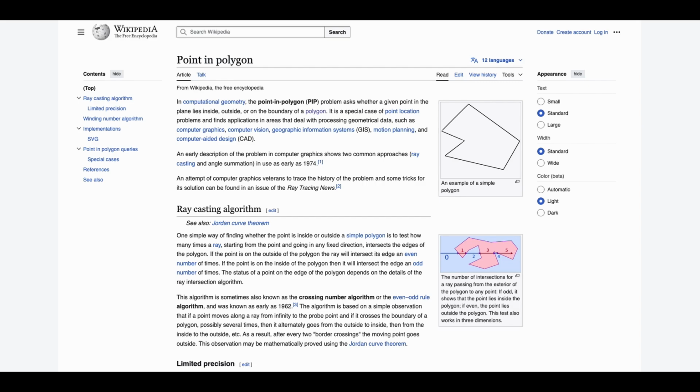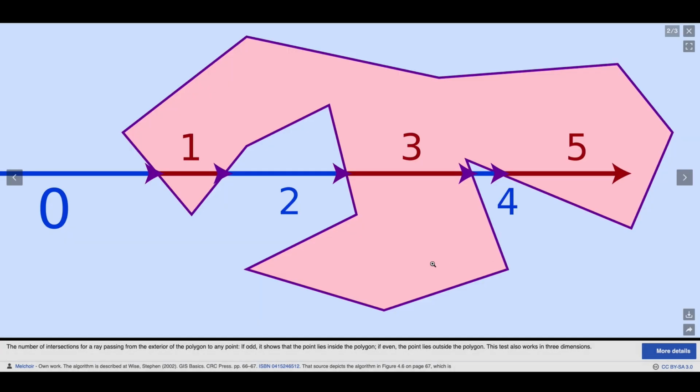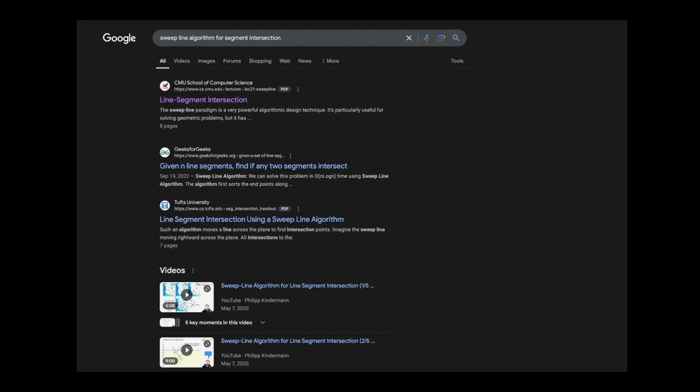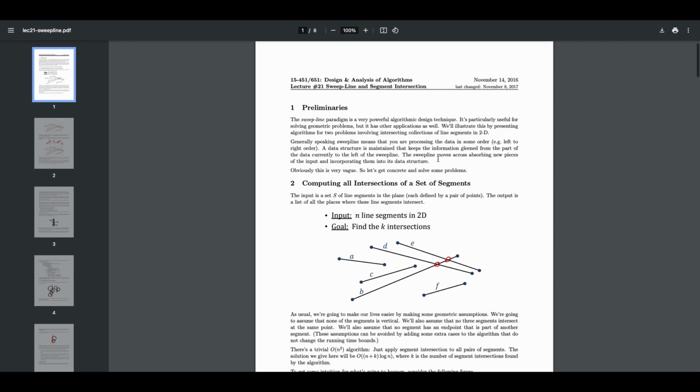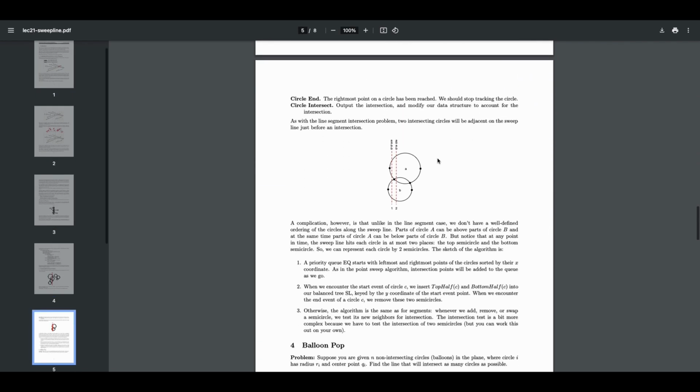If you're wondering how we can programmatically determine if two polygons are colliding or not, we can use something like point in polygon. So if a point is inside the polygon, then a ray going from outside to the point will collide an odd number of times. If it's outside, it'll be an even number of times. From there, you can check if the line segments intersect. You can either do this very efficiently with something like a sweep line algorithm, or you can be inefficient and